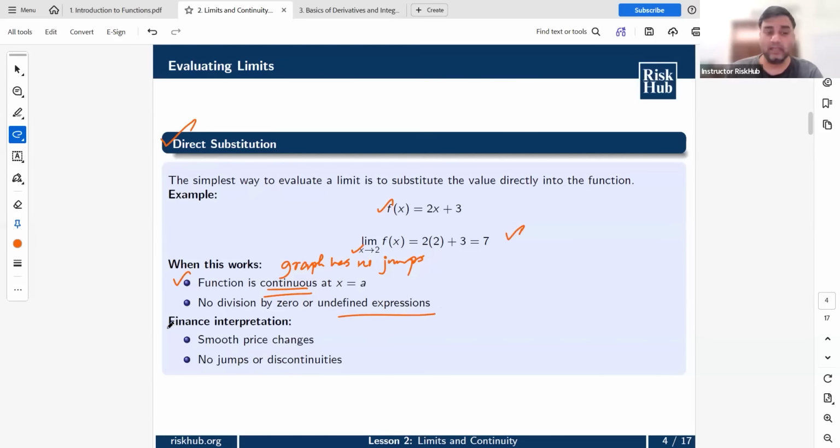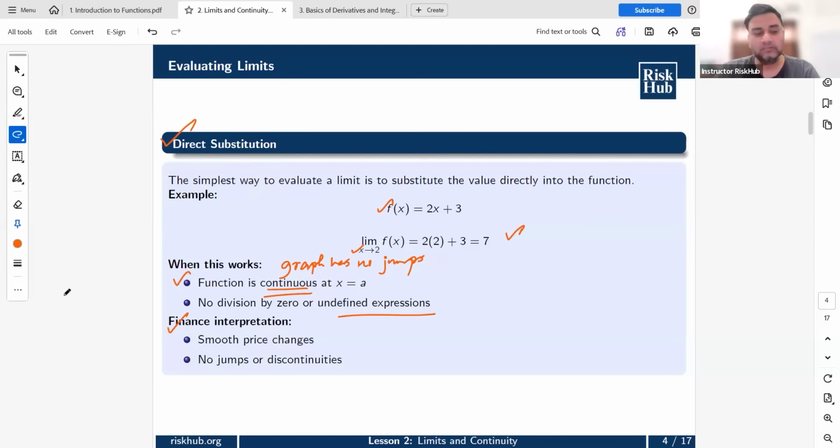Now, if you try to do the financial interpretation of this, in finance this corresponds to smoother price behavior, right? For example, if a stock price moves from, let's say, 100 to 101, 101 to 102, the change is kind of smooth. The model assumes this kind of behavior. This is why in many models we assume continuous price movements, right? So if you are a quant operating in the quantitative world,